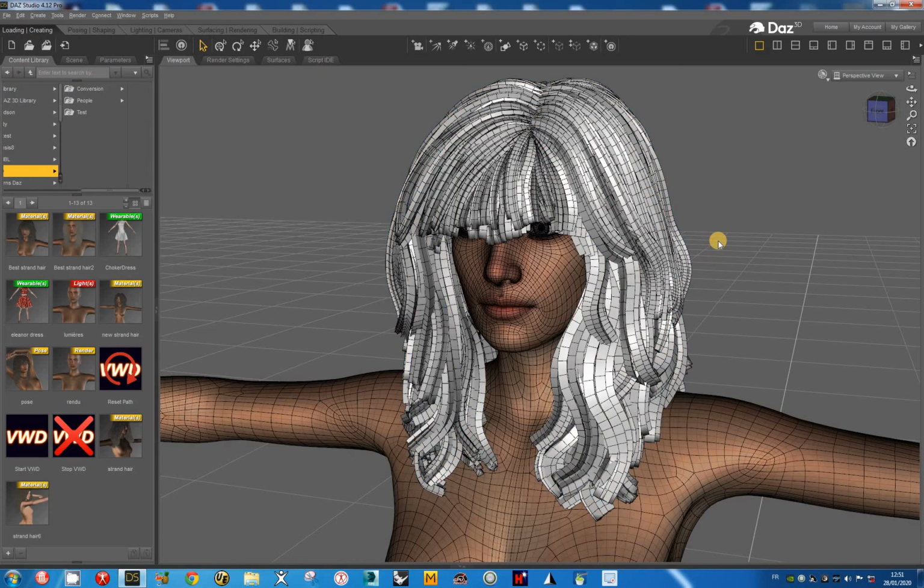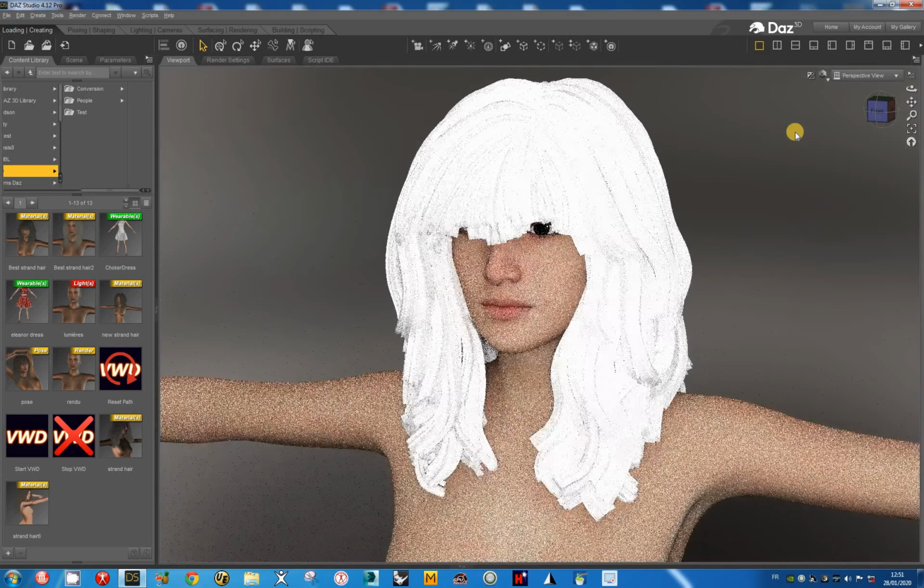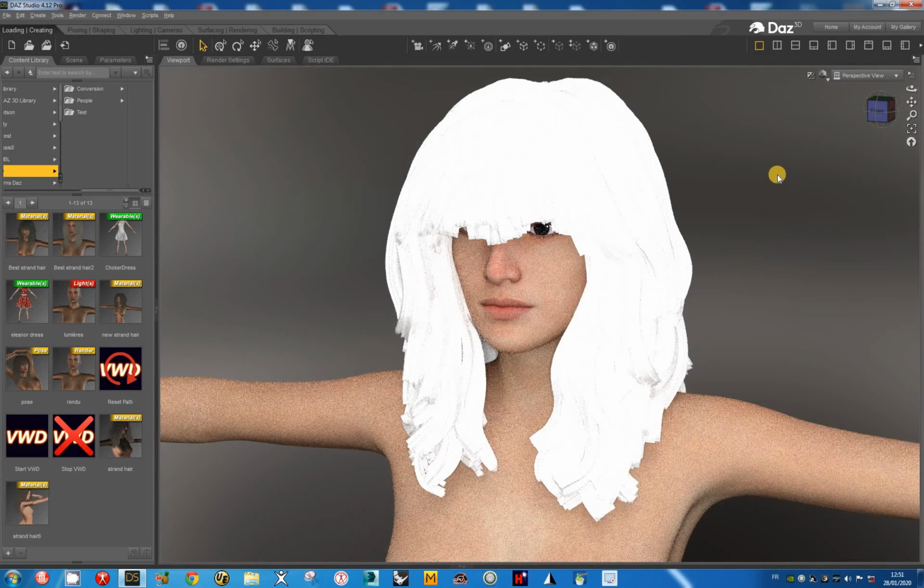Now I want to see the results with this new hair for render. I will apply. I restart the rendering. But of course, it is not perfect because